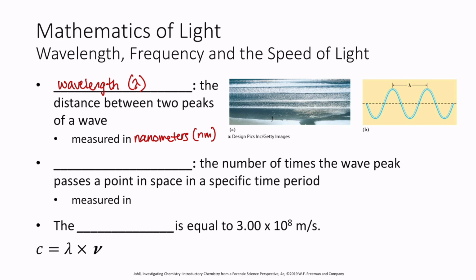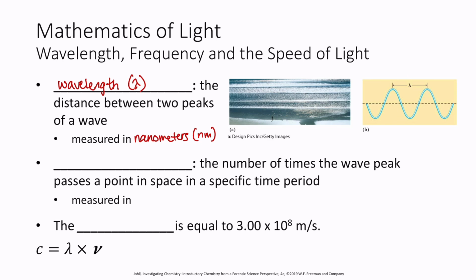Over here on this diagram, you can see that the wavelength is the distance between two peaks. So here I have a peak here and a peak here. So that's going to be the distance of my wavelength. I just want to be very clear about this. Although that is the general definition, you can pick